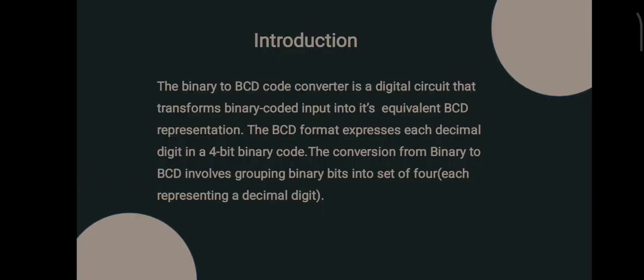As the name indicates, a code converter is where one code can be converted into another code. We have many codes, like binary, BCD and Gray code. Here we convert a binary code to the BCD code. In binary and BCD, the numbers 1 to 9 are the same, but after 10 they become different. In binary, 10 is indicated by 1010, and in BCD, 1 and 0 give different codes. By combining these codes we can get a BCD number.